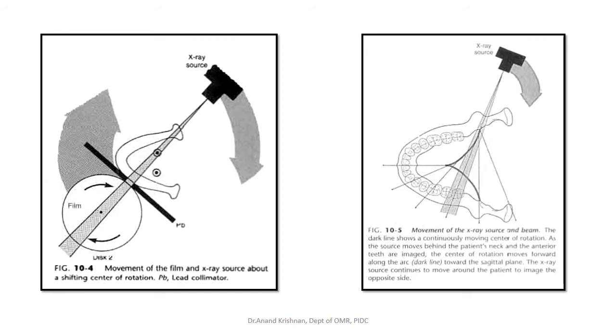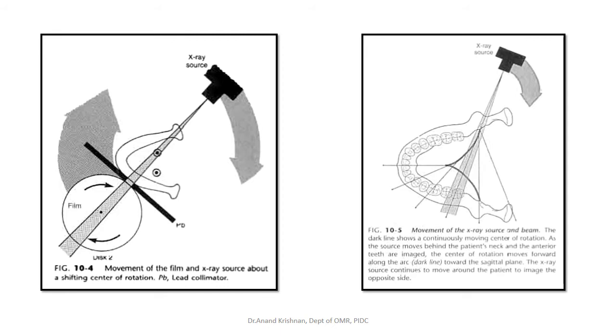Before taking the radiograph, we have to take the cassette into the dark room. Inside the dark room only we can load the film into the cassette. Then we bring the cassette out, load it into the machine, and expose the radiograph. Then we take it out, take it inside the dark room again, open it, and do the processing just like how we do for IOPA. We put it through developer, water and fixer, we do the processing, and we view the image in the viewer.